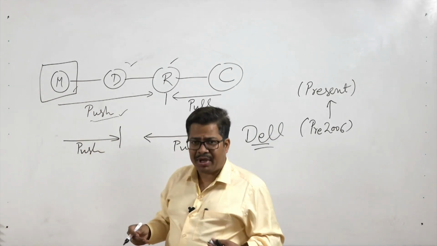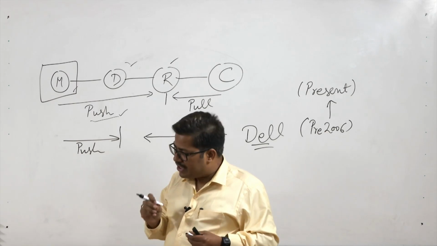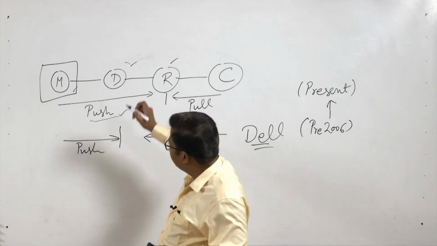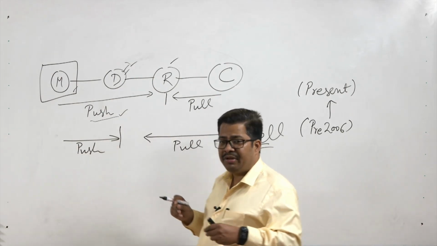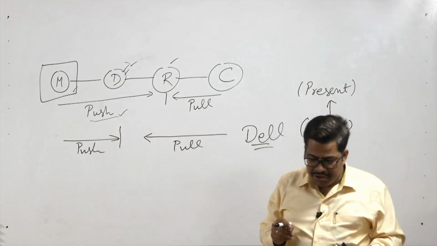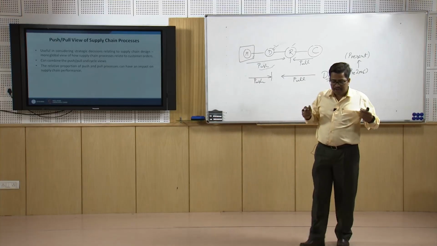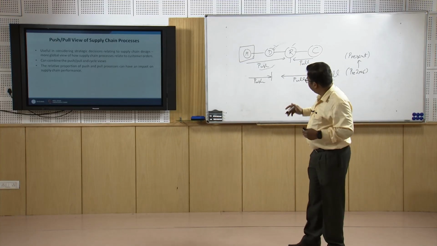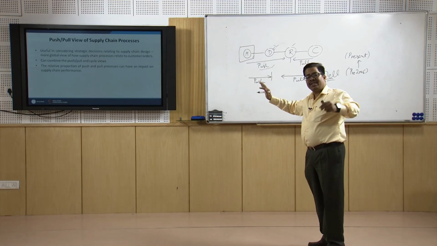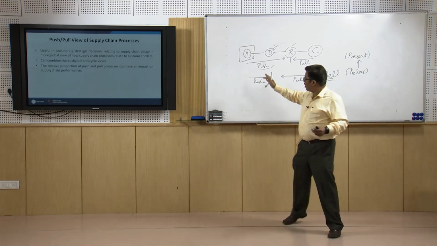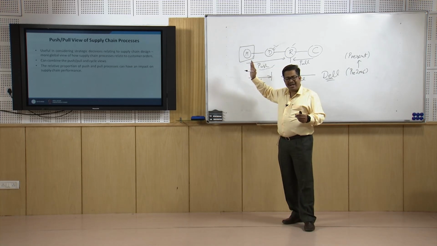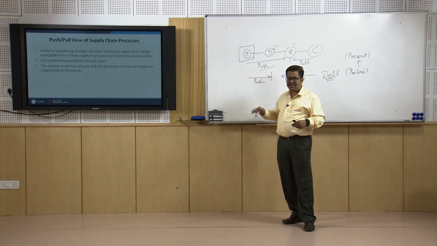In some supply chains, very few supply chains, you will find distributors keeping the maximum risk, and in a few, like Walmart, you will find that the retailer is keeping the maximum risk, but in most of the cases it is the manufacturer which is keeping the maximum risk,